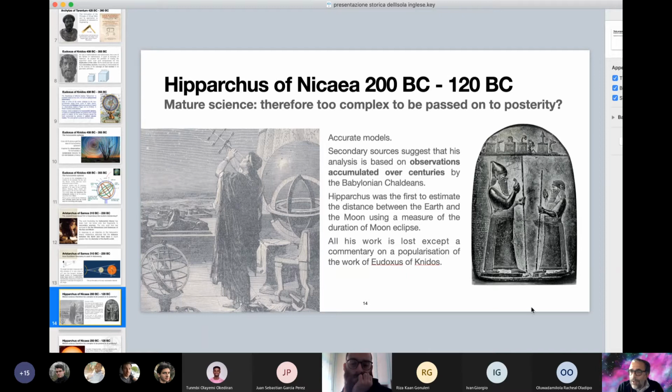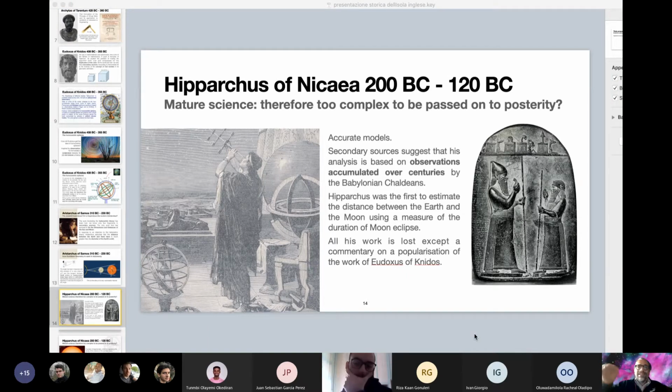This is an example of the power of mathematics. You stay in Alexandria, you are clever, you invent a method using Euclidean geometry, and of course you need 5 generations of scientists for doing this, but at the end you measure the distance between the Earth and the Sun.